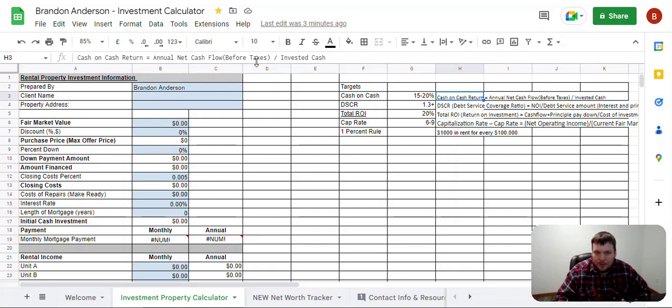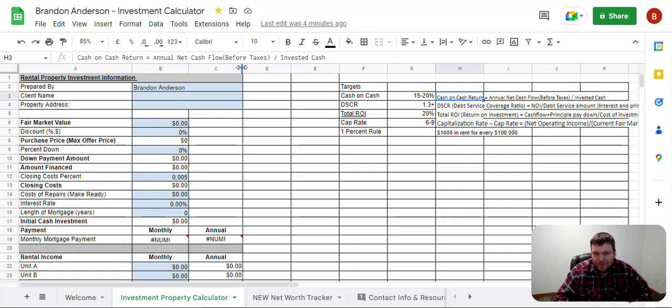That's where a lot of people go wrong when they analyze properties: they just think it's simple. You just take the rent minus the mortgage, there's your cash flow. And that's not true. You're going to have to fix stuff. You're going to have vacancies. You're going to have future capital expenditures, like a roof or siding. So either way, it's the cash flow, your rent minus all of that stuff, and then divided by